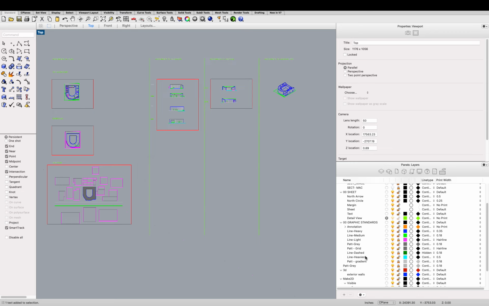So your line dashed, make sure that it's black, and make sure it's 0.18. You have a separate layer for the grid. The lines on the curve. Yes,